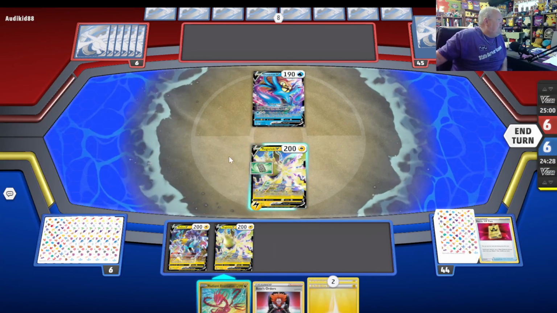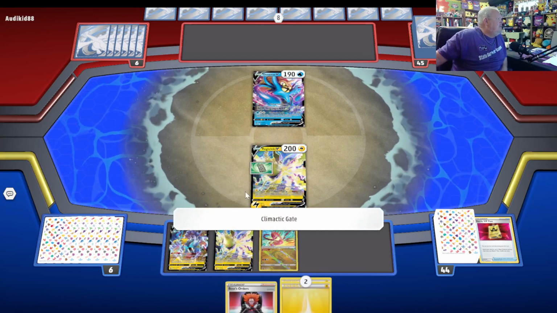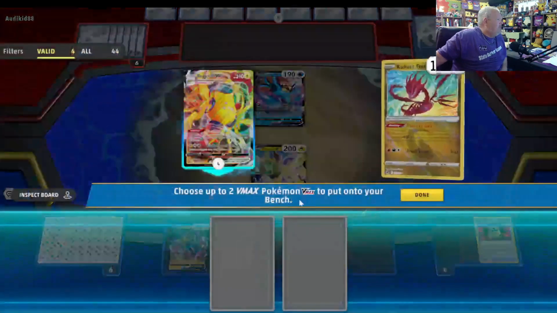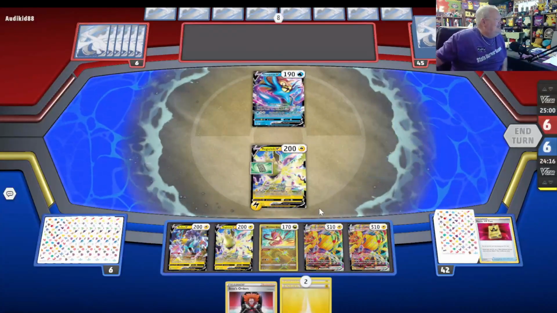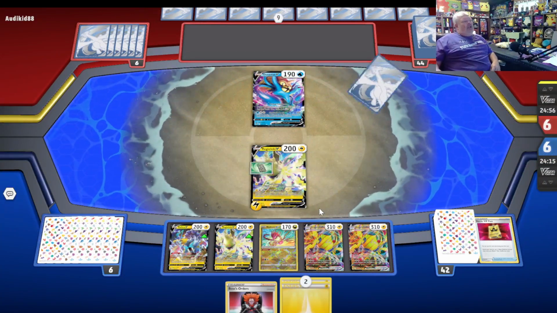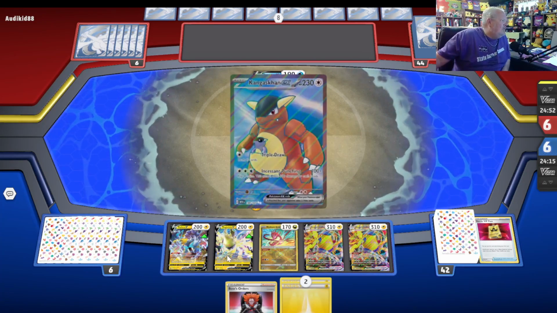I'm not going to save the Forest Seal Stone for the next turn. But we're going to do this. And we're going to use Climate Gate. Climactic Gate, or whatever it's called. Sounds kind of funny when you say it that way. And there you go. Alright. So our next turn, we're going to get Raikou powered up, hopefully. And hopefully we can attach...